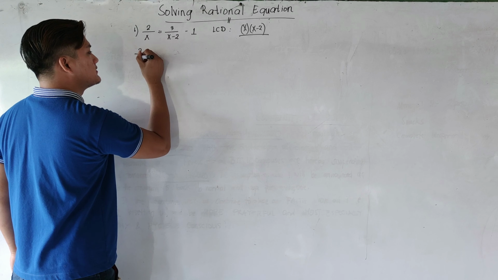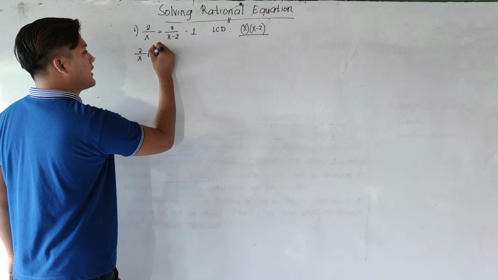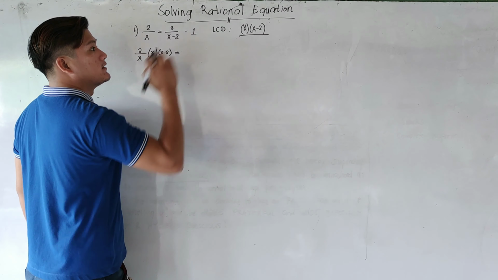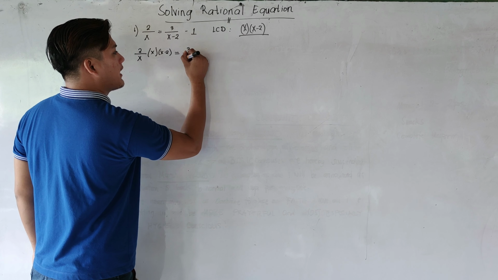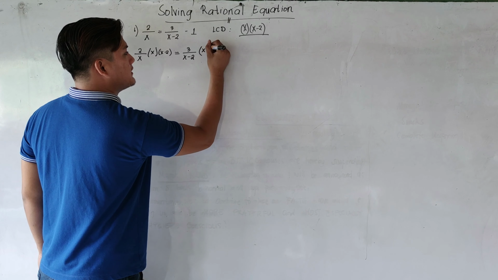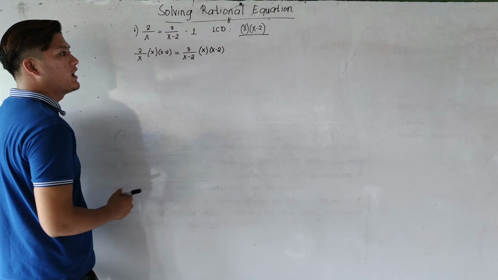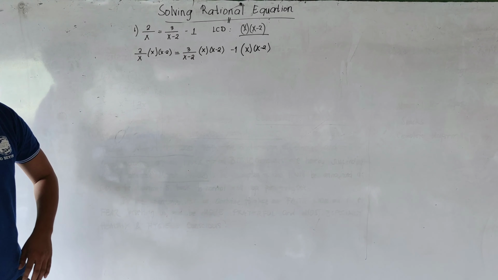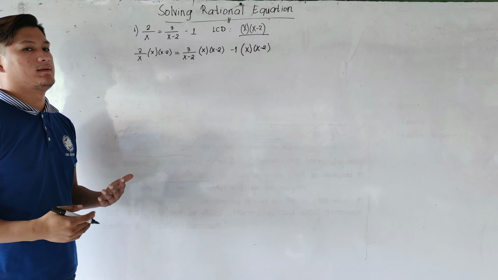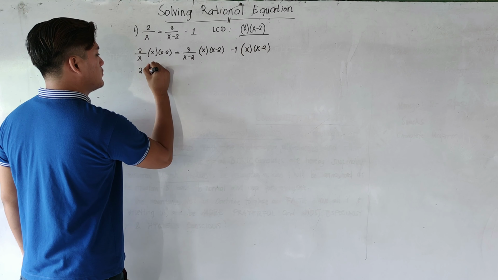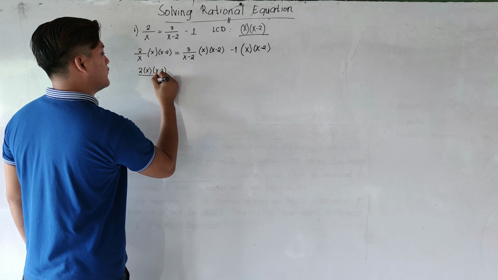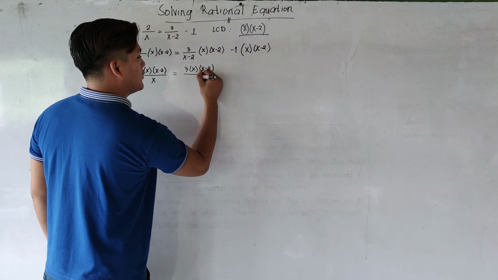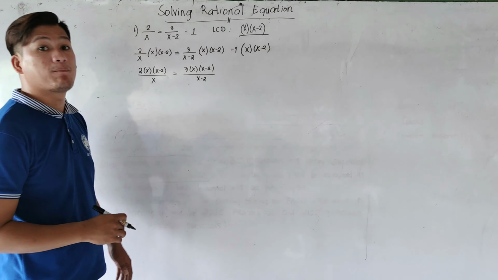So we have 2 over x times the LCD, x times x minus 2, then copy the equal sign. The second term, multiply it to the LCD: we have 3 over x minus 2 times the LCD. Then we have the negative 1 times the LCD. Next, simply multiply. It will become 2 times x minus 2 over x is equal to 3 times x over x minus 2,